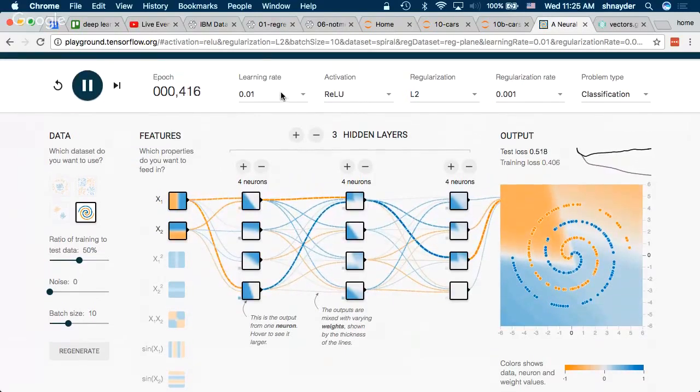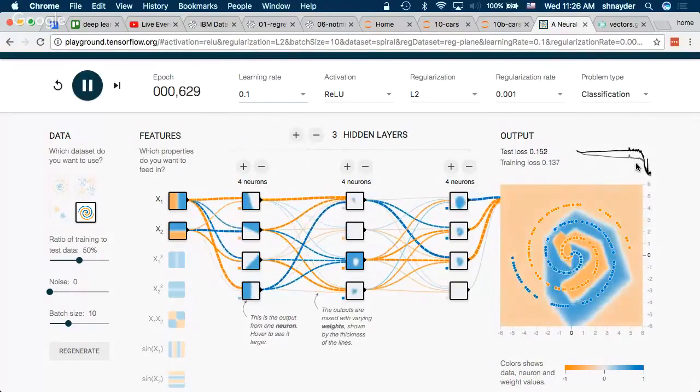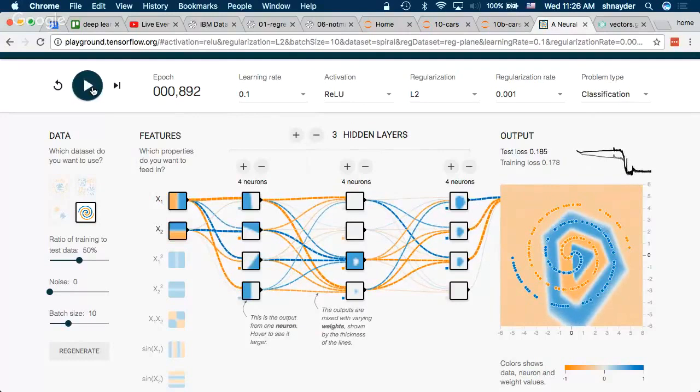Let me up this so we learn faster. That's also a pretty common thing to see, right? It gets worse when you increase the learning rate because it takes a jump in the wrong direction, but then it suddenly gets better. So then you have this cliff where, okay, now it's actually getting something. It's interesting, right? It's captured some part of the model.